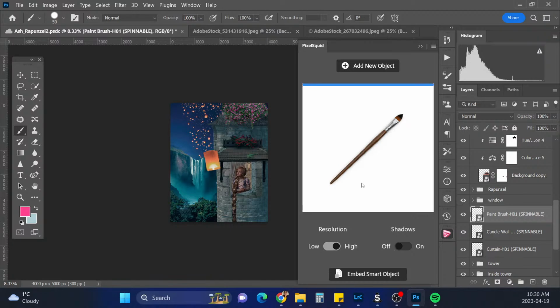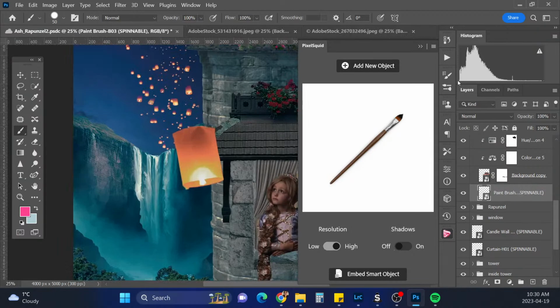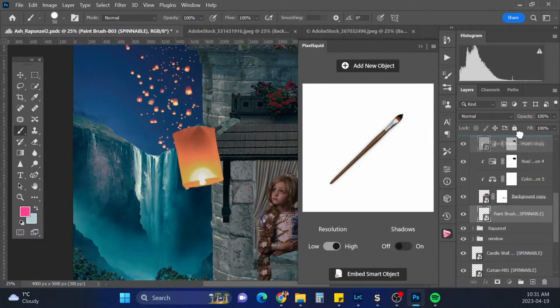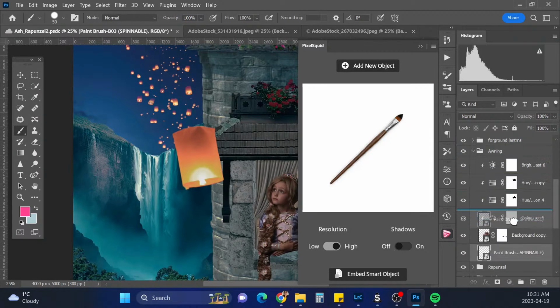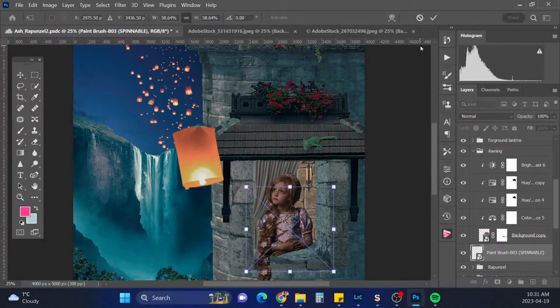Okay, Control T. Oh, we want this in front of Rapunzel. Go. Okay, Control T.